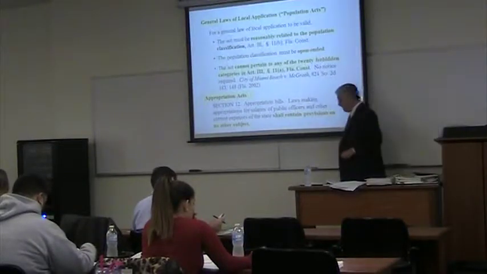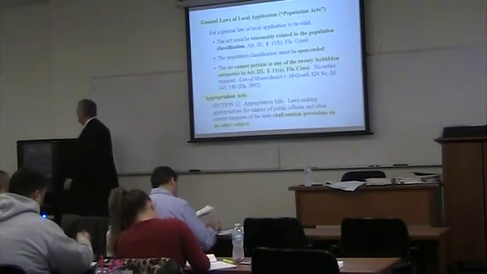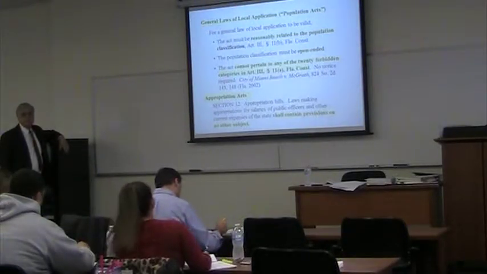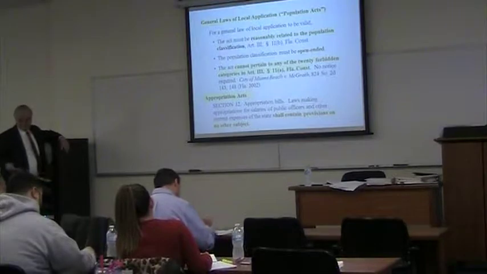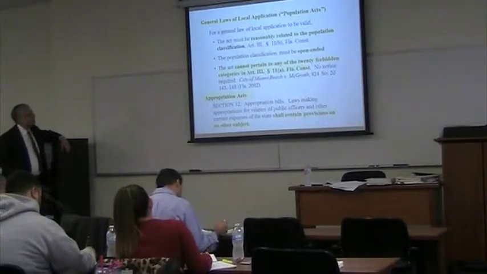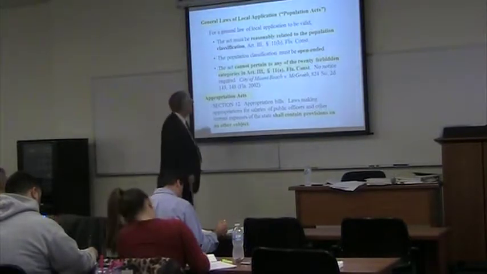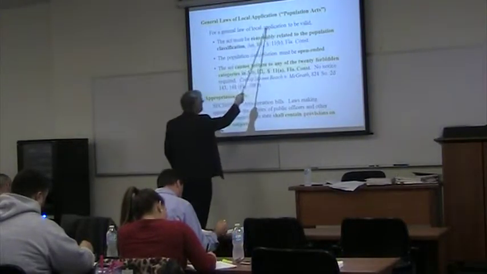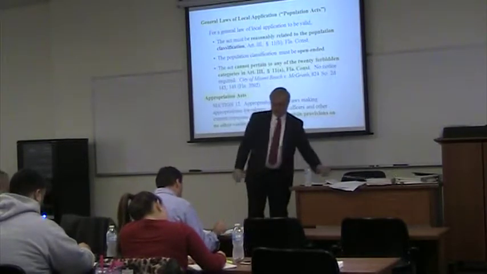The third type of law is a general law of local application. This one is tricky. All of these have been tested, by the way, okay? Every single one of these has been tested. So please, if I do this, that means remember it, okay? I know you're going to remember it all, but I can't help myself. This one is tricky. There are general laws of local application, otherwise called a population act, by which I mean, as I say in class,